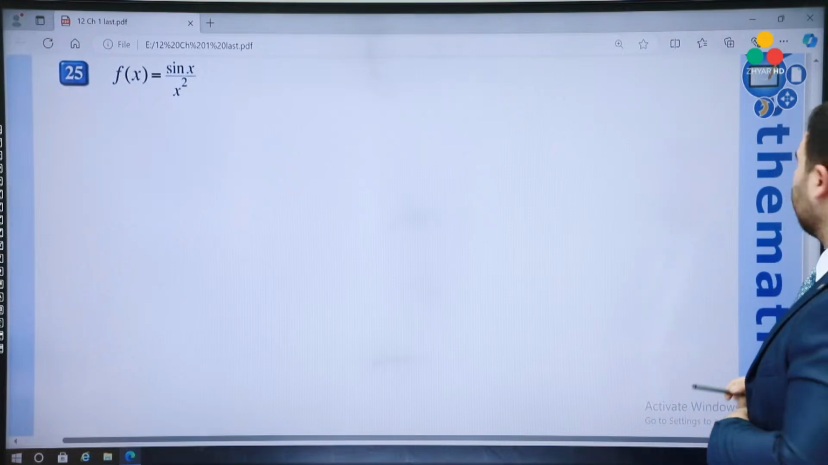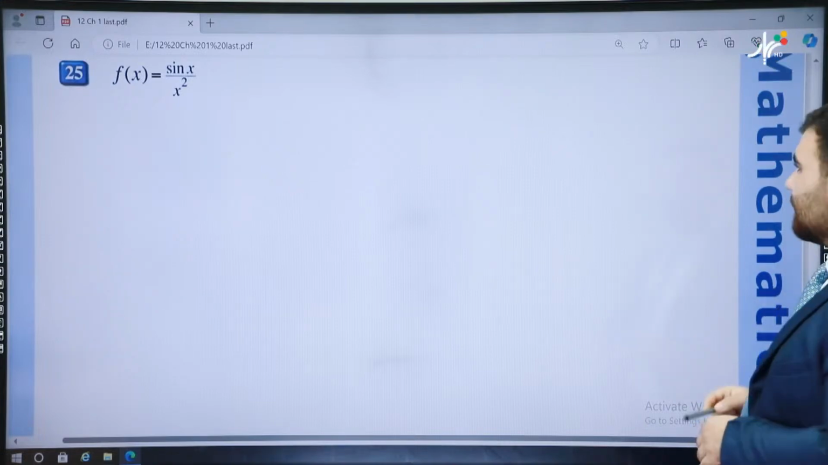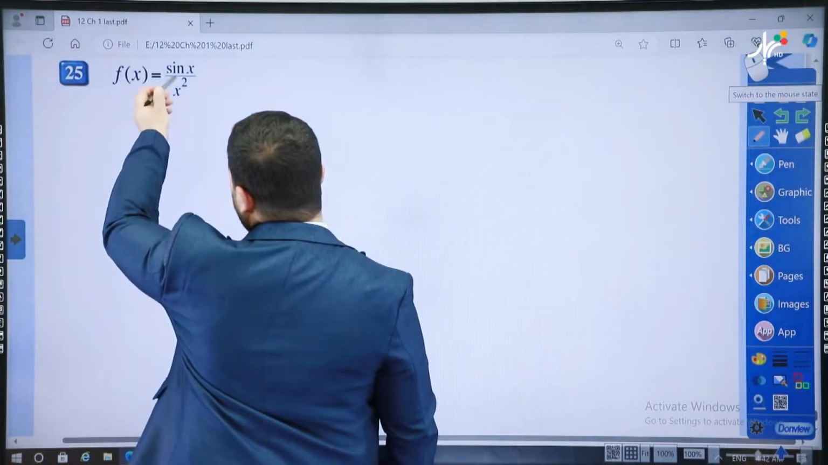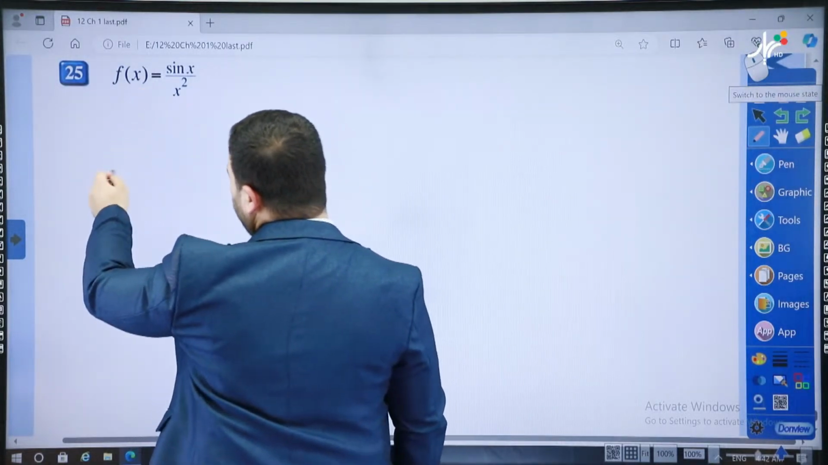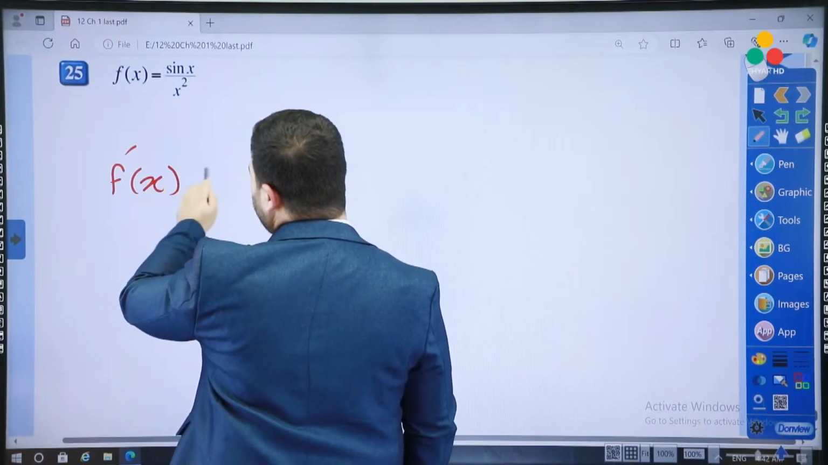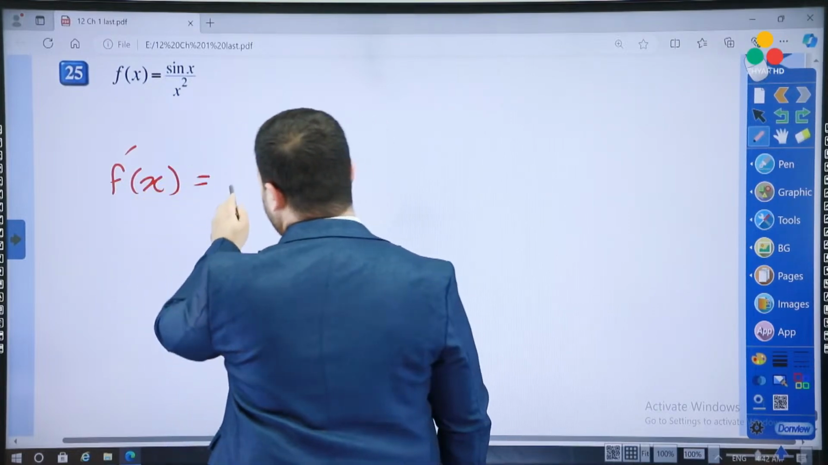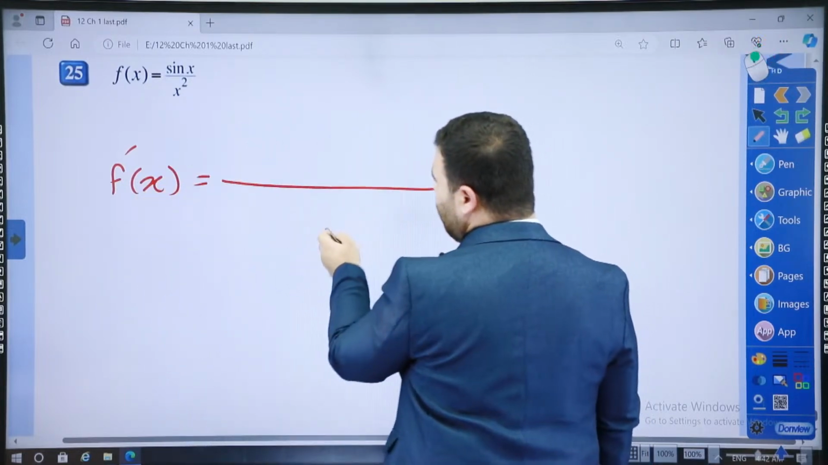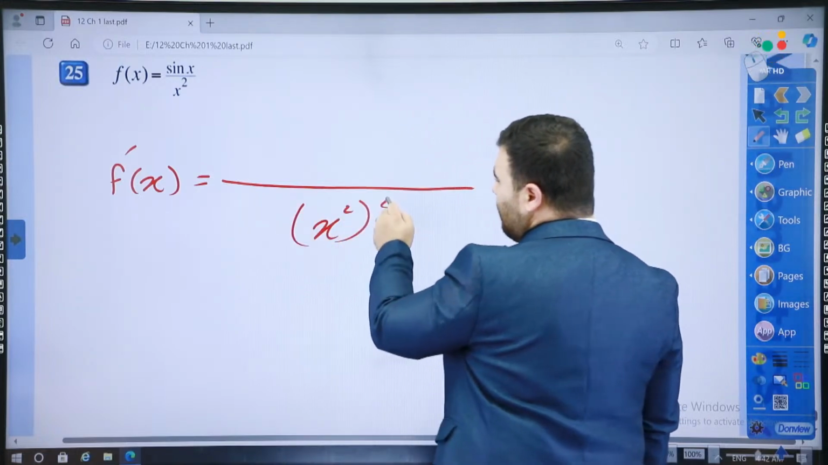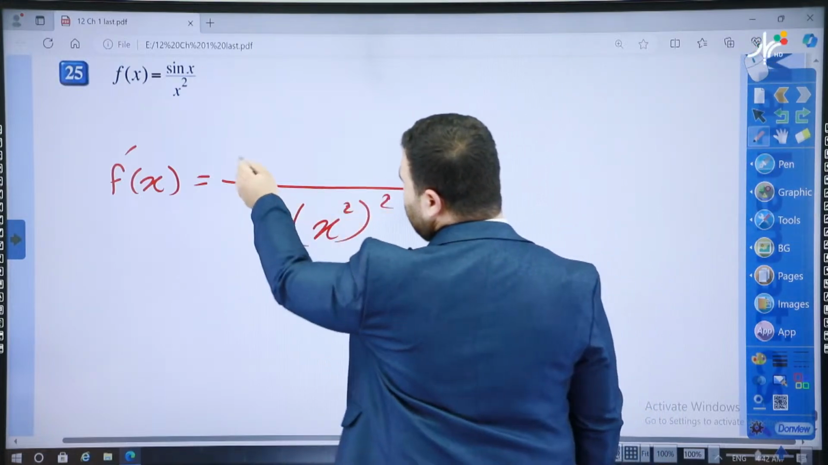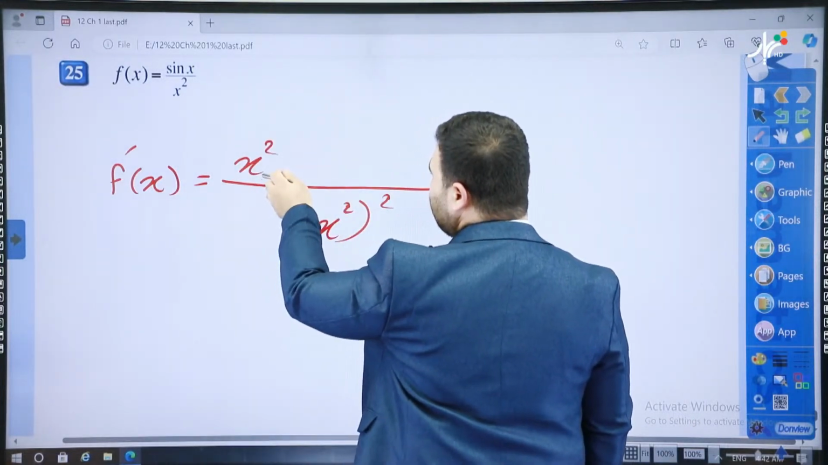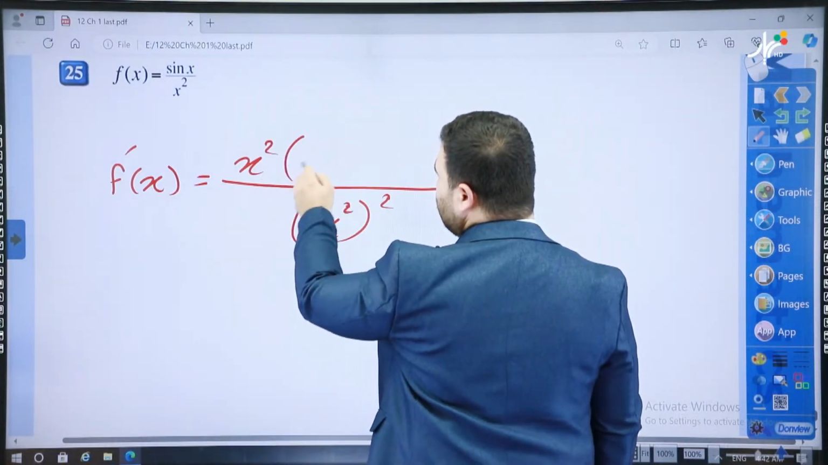The last question for this session is sine x over x power 2. This is an obvious division. The best way is to use the division rule. Now, denominator power 2, it's x power 2, power 2. Write the denominator again, x power 2, times the derivative of numerator. Derivative of sine is cosine,